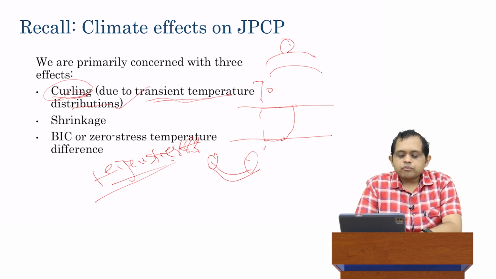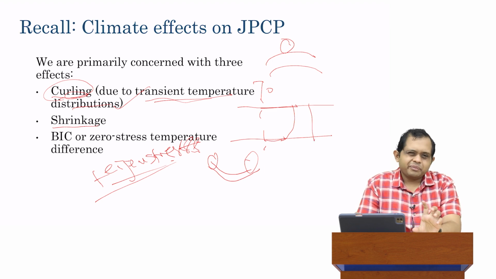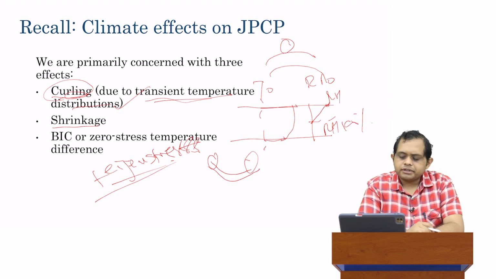Another effect of climate comes in from shrinkage. This is of course built on moisture. The idea is at the very top of the pavement, on a very small depth, typically somewhere like 50 millimeters, you have a very sharp distribution of the humidity. If I look at relative humidity, you have the ambient relative humidity RH naught. You're going to have the same value at the surface. Below the surface, the relative humidity is going to change very rapidly until it becomes RH of 100%, which is saturated, at a certain depth into the concrete. Because of this very sharp distribution of the relative humidity, you have